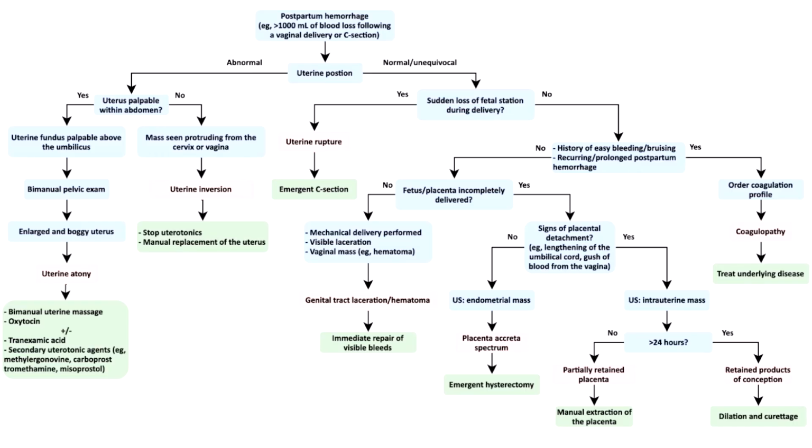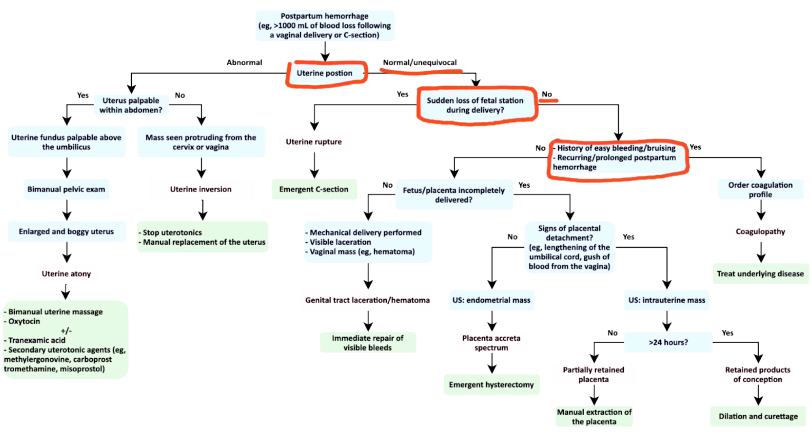Alright, so working through the algorithm, we move again down the side of normal uterine position, no sudden loss of fetal station during delivery, no history of easy bleeding, and the fetus or placenta being incompletely delivered. In contrast to placenta accreta spectrum patients though, there do tend to be signs of placental detachment. If all of this is true, we should perform an ultrasound to evaluate for a partially retained placenta or retained